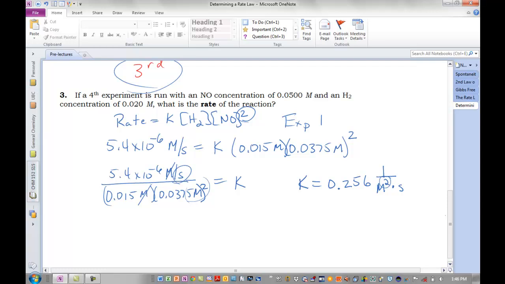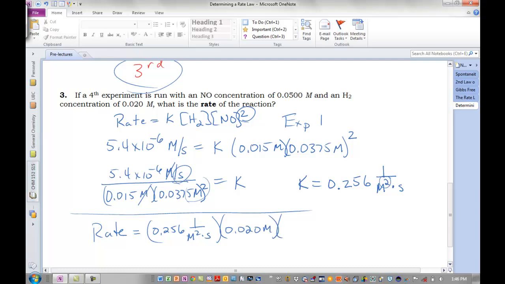Now that we know the rate constant, we can plug in any concentrations and solve for the new rate. So let's plug these in. We want to solve for the rate for experiment 4. Our rate constant is 0.256. Concentration of hydrogen, 0.020. And concentration of NO, 0.050 squared, molar squared. Okay, let's see what we get. And the rate that I come up with is